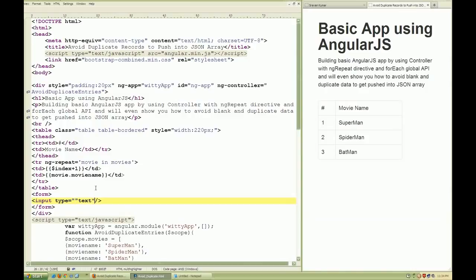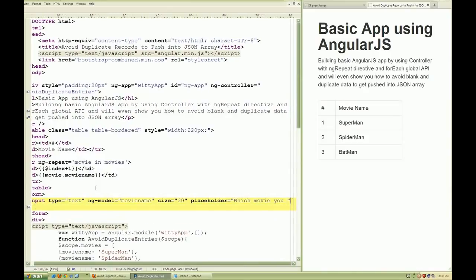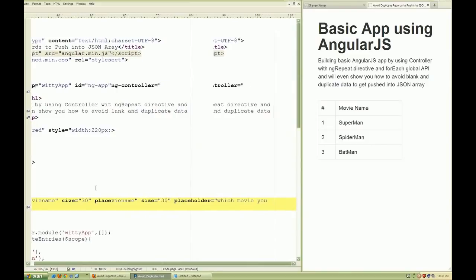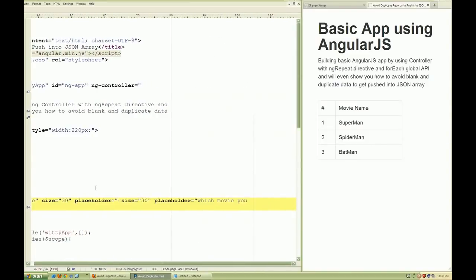Okay, let me name this ng-model. I can have my own unique names. I would like to have it as movie name, and then size, it's up to you how much size. Okay, next coming to placeholder, just to define what to enter, which movie you want to watch. Okay, that is how we can do it, which movie you want to watch,